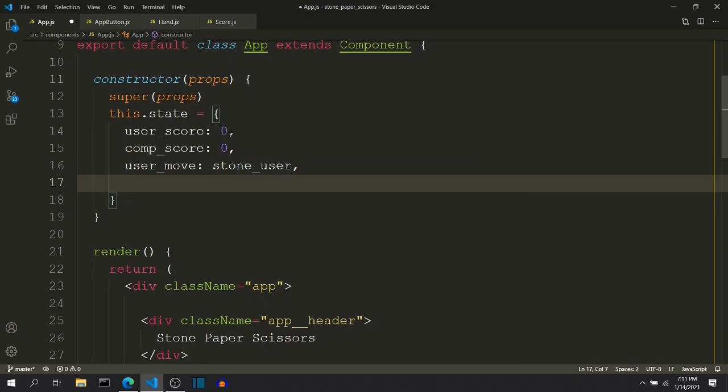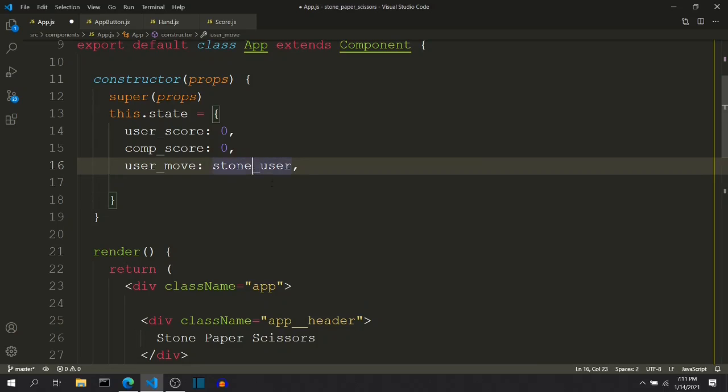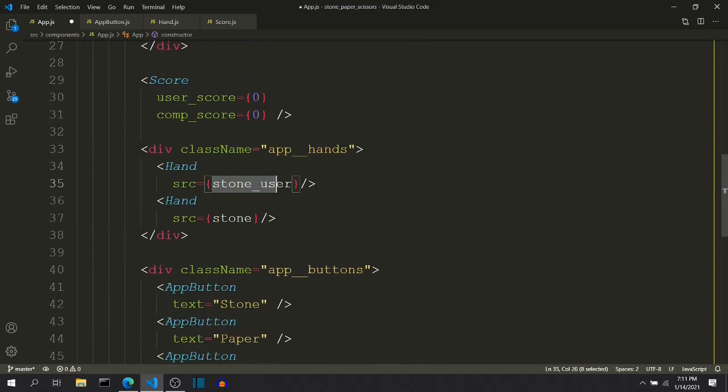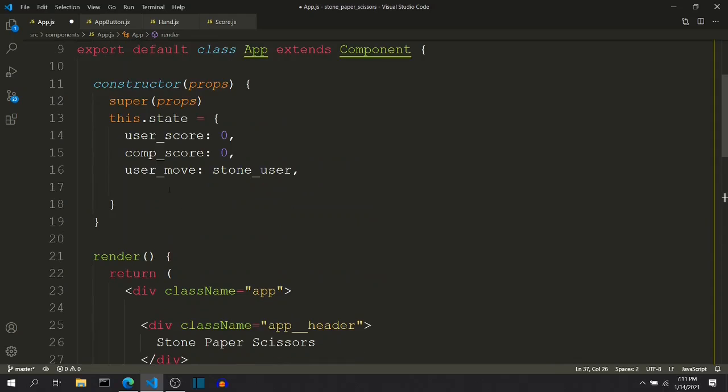I have stored just numbers and images, but I can store strings and any other object that I want. And that will make my life easier, because I can just pass this state inside this property. And comp move will be stored